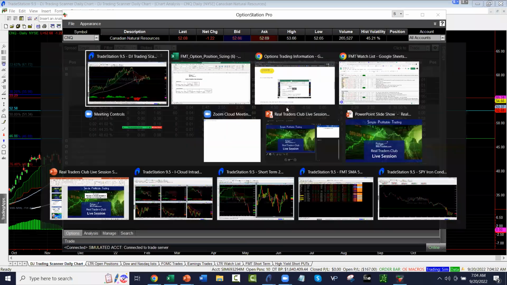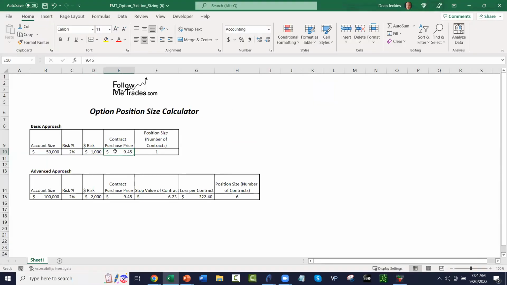So if the price is 470, we just put that in here, and that's 470, right? And what happened with my... oh, I think I got it. Here we go. You put in the actual quote price, not the 470. So it's 4.70, and it says, hey, 2 contracts. That gets you under $1,000, right? That gets you at $940. So that's the most you'll lose. That's the basic approach. And if you got a day job, you travel a lot, you can't always be at your computer to respond,